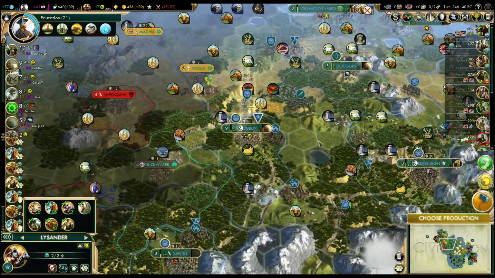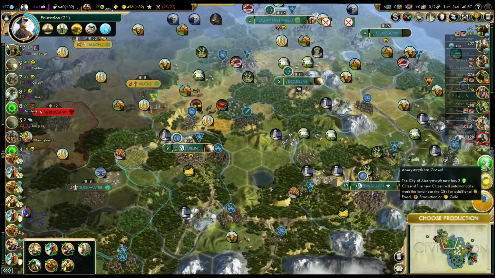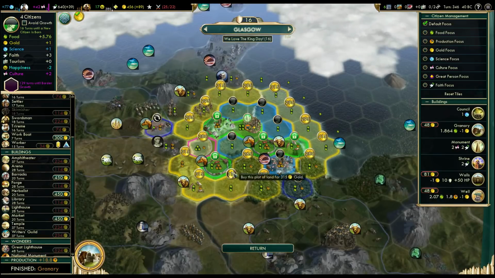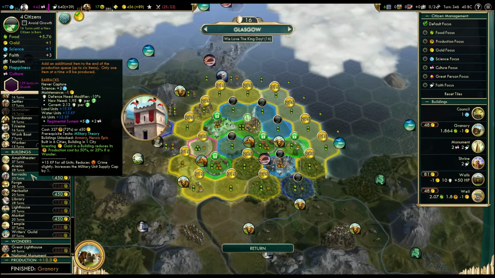Fortify. The general has some time before we need him, so let's fortify him as well. And you're done with granary. 16 turns, that's decent. Don't have barracks that we kinda need. I think barracks into...